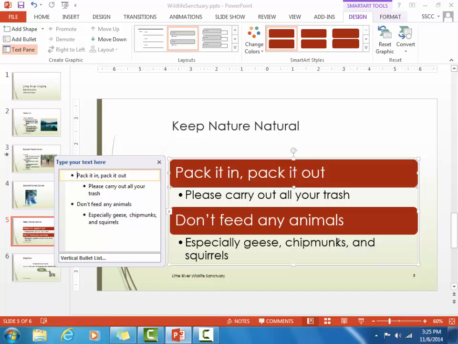The dialog box will close and the bulleted list on the slide is replaced with a Vertical Bullet List SmartArt, and the SmartArt Tools Design tab is the active tab on the ribbon. If the text is not visible, on the SmartArt Tools Design tab, in the Create Graphic group, click the Text Pane button. Alright,